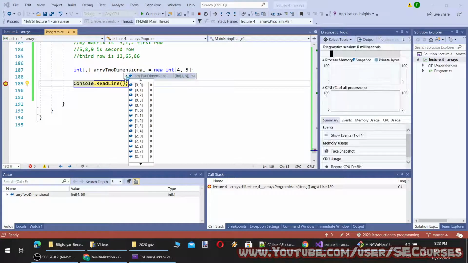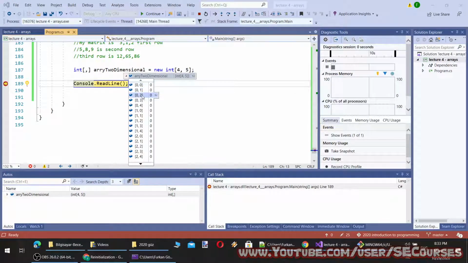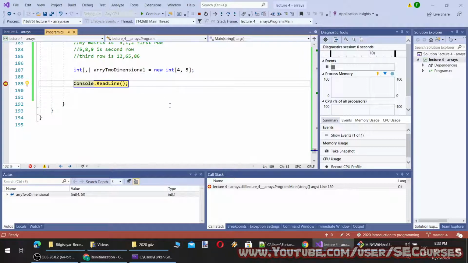Okay, when I check it, you see now each value is represented by its dimension. So this is the first dimension, and this is, let's say, first row and first column. This is first row and second column. This is first row and third column, like here.